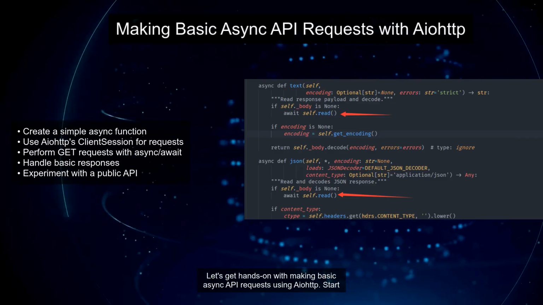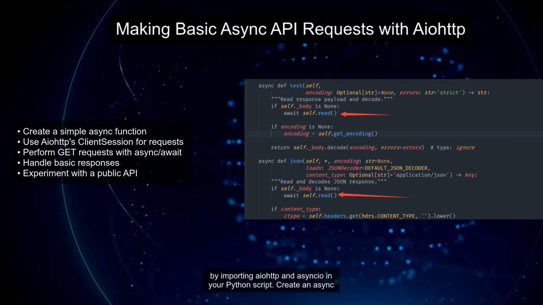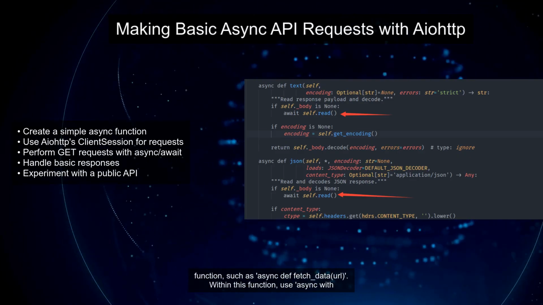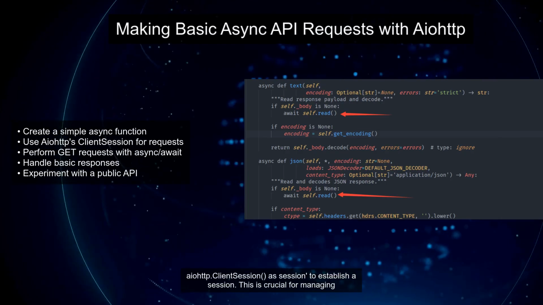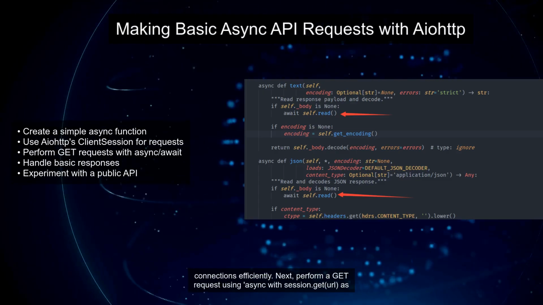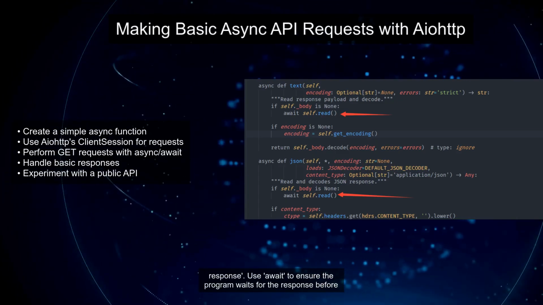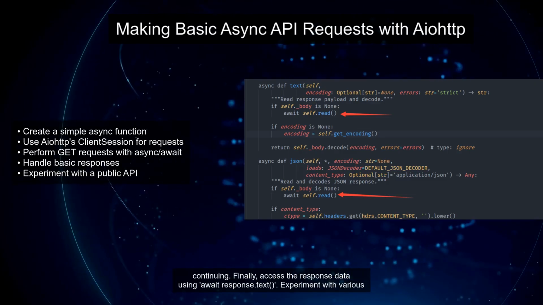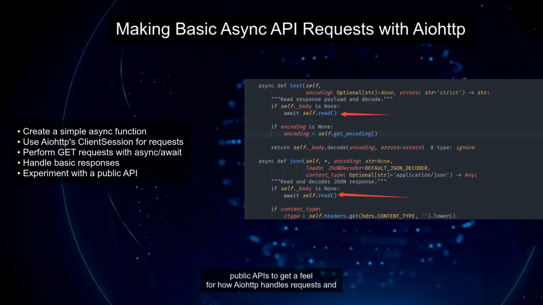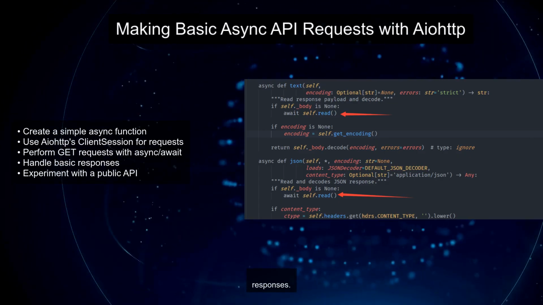Let's get hands-on with making basic async API requests using Aiohttp. Start by importing Aiohttp and asyncio in your Python script. Create an async function, such as async def fetch_data(url). Within this function, use async with aiohttp.ClientSession() as session to establish a session. This is crucial for managing connections efficiently. Next, perform a GET request using async with session.get(url) as response. Use await to ensure the program waits for the response before continuing. Finally, access the response data using await response.text(). Experiment with various public APIs to get a feel for how Aiohttp handles